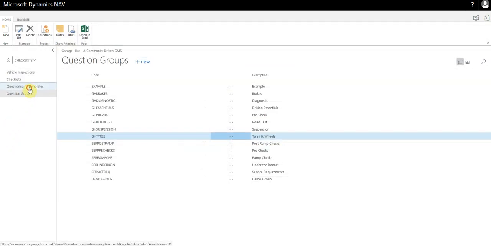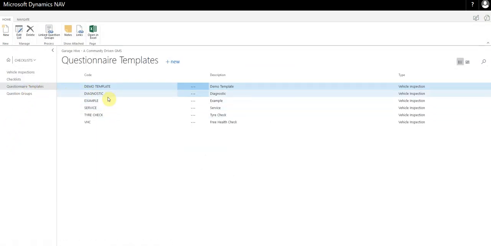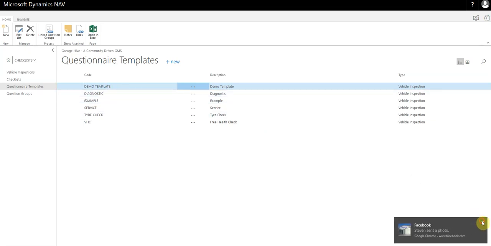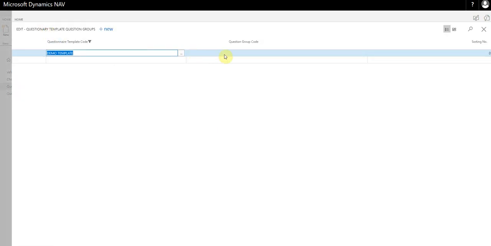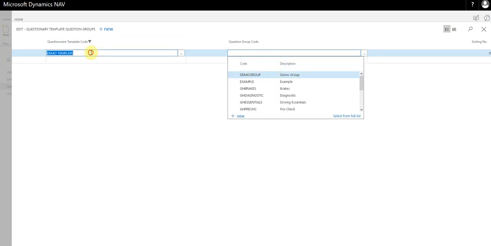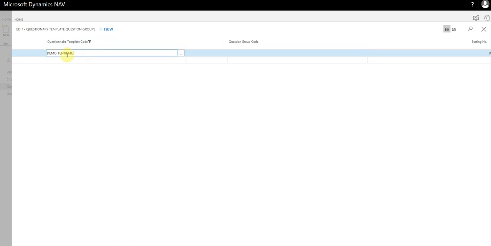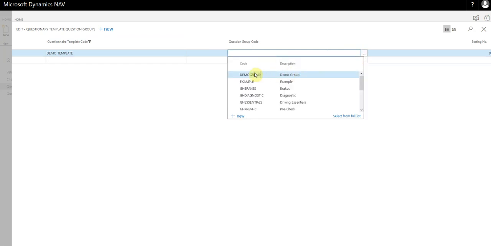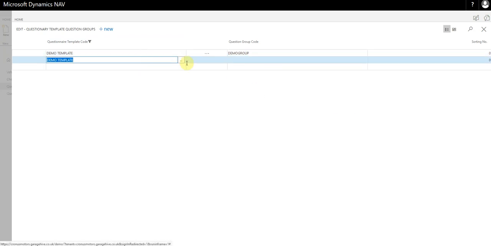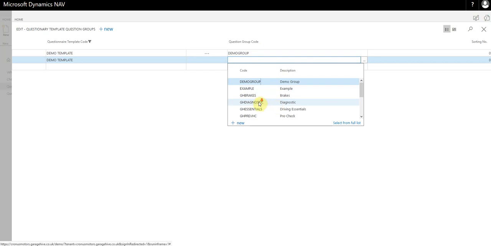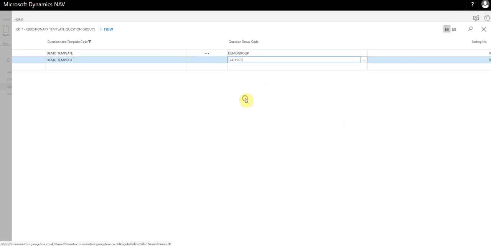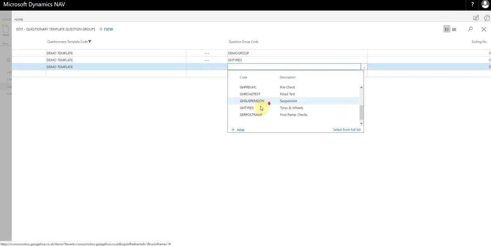So we're going to go back to the questionnaire templates now. We're going to select the demo template, and we're going to link some questions. So to link the questions, we simply select the questionnaire template code, which is the demo template, and then we're going to add the demo group to this. And then we're also going to add one of the other ones which I'd already created. So we'll add tires and wheels, and we'll add